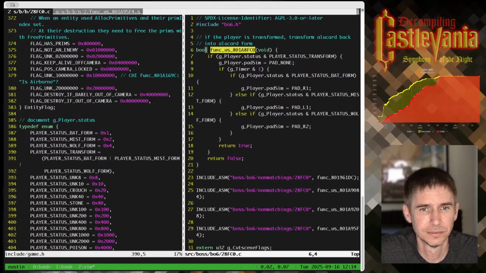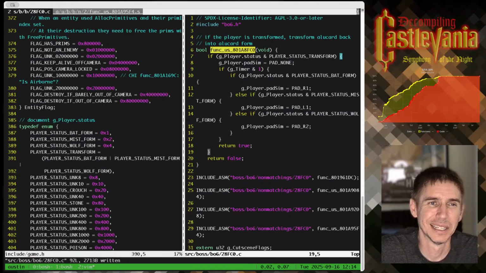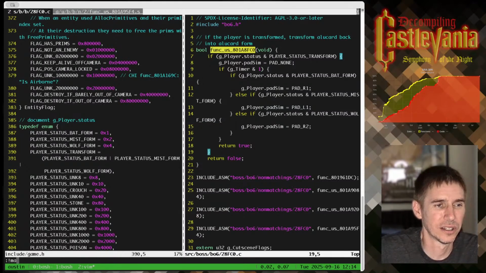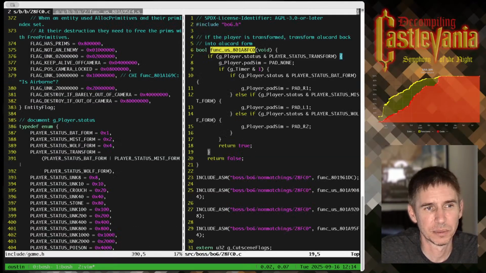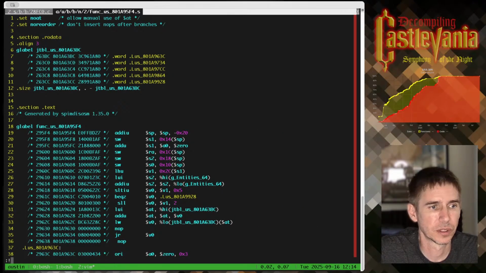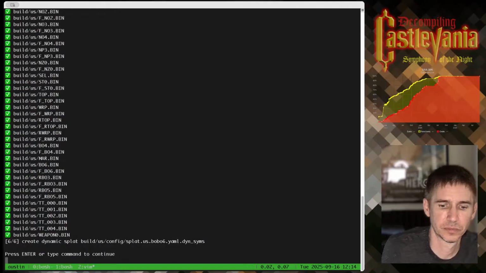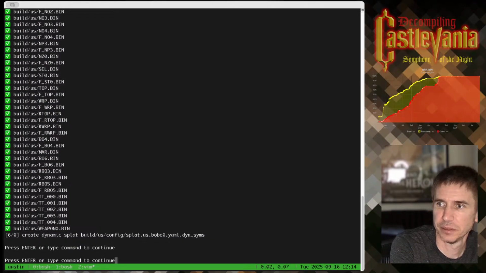Okay, so all I did was change this to transform, change this to pad none, change the return values to true and false, and the return value to a bool, and all that still works. Might not work on the PSP, but it works here. So I'm okay with that. Let's go with this one. Thank you, guest 73. Appreciate it.